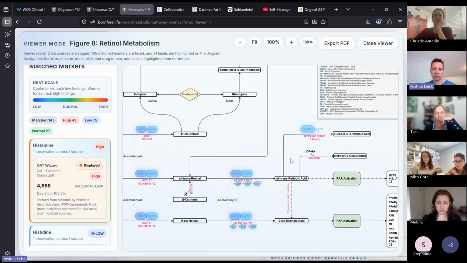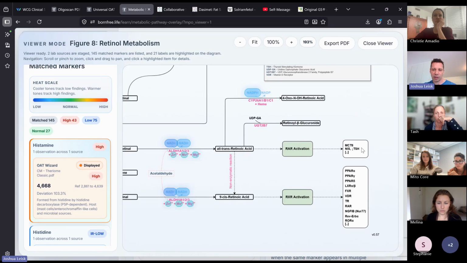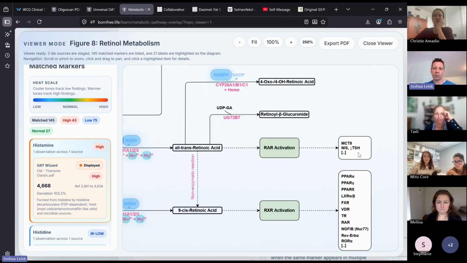And then the retinoic acid in all different forms has different effects on different pathways and different systems. So one of those things could be the PPAR, which is going to be some of the energy regulation. The other one, which is really important for thyroid function, is NIS. So the iodide transporters require active vitamin A to uptake the iodide into the tissue,